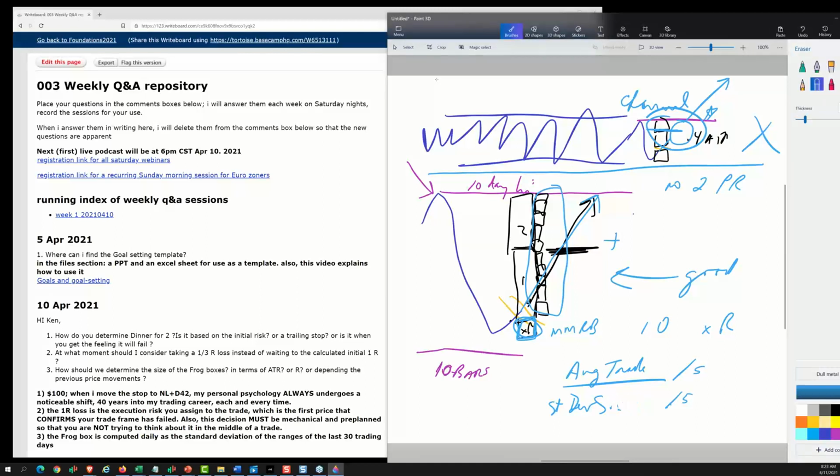See, if you were using the execution risk as position size, then if you were using execution risk for position size,